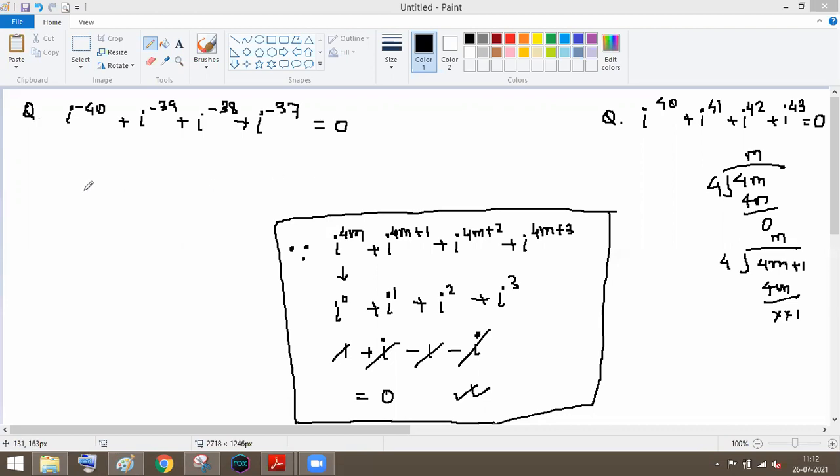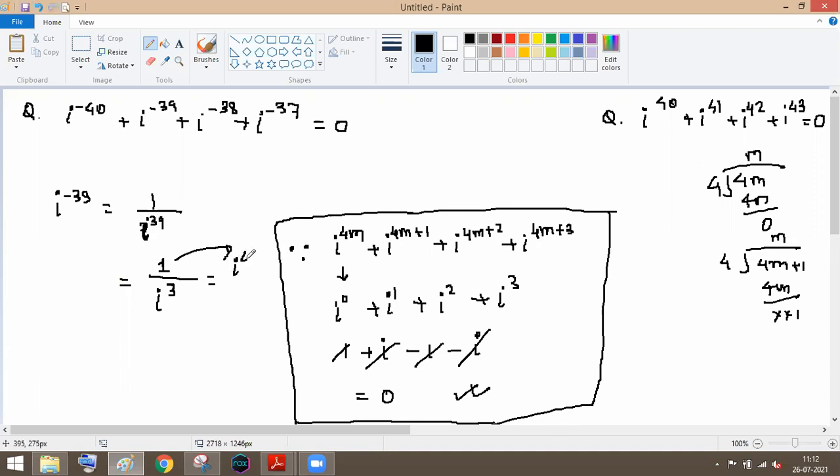Yes, minus 39. So I can write i raised to minus 39 equal to 1 upon i to the power 39. Yes sir. Arey, x to the power minus 1 is 1 by x. Yes sir, I understood that. After that you did i raised to 3, then why did you take i raised to 4 on top? 1 upon i to the power we got 3 after dividing all this. Okay. And what I told you, always write 1 equal to i to the power 4. So I can write 1 equal to i to the power 4. The value of 1 is i to the power 4 divided by i cube. So we can cancel this. We'll get i.